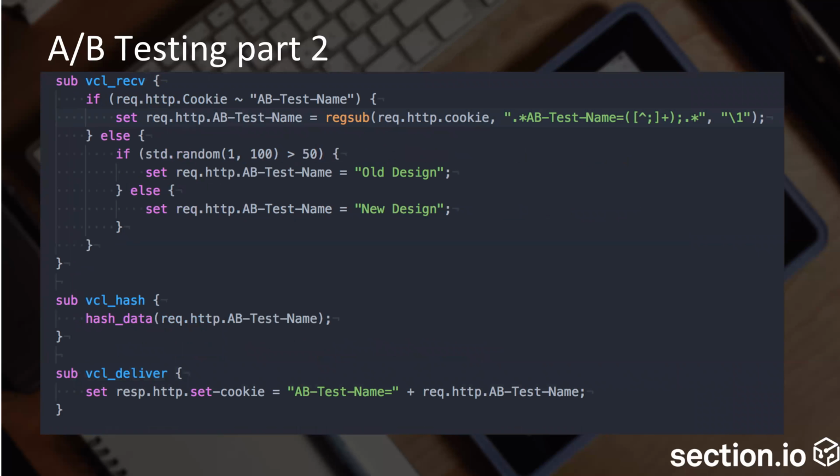Now this is layering in a little more code on the previous slide here. And what we're saying here is when I go to the website, if I've got a cookie that says what design mode I'm in, then let's set that HTTP request header to keep me on that design. And then when Varnish looks up in the cache, it will always show me the old design over and over and over again. But if I don't have this A/B test name cookie, then let's just follow the same logic as before, where